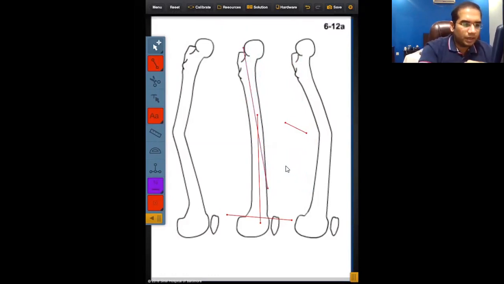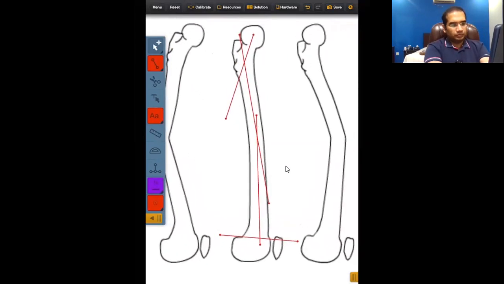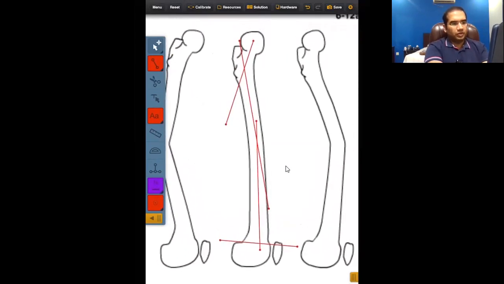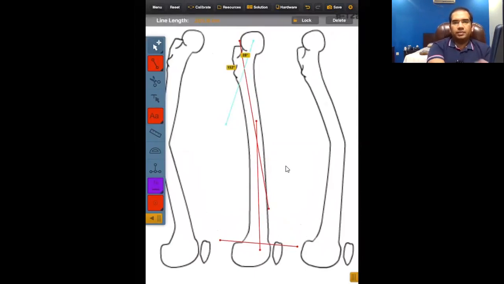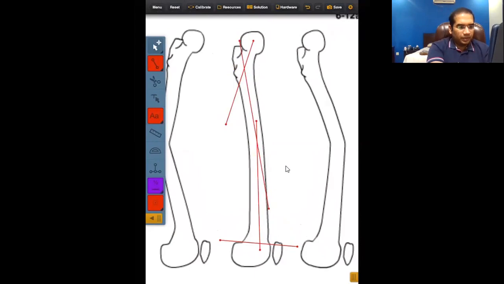Okay, and now again you'll draw your neck shaft angle. Okay, so this is your normal planning. There you go. So all the angles that you need to know here is the anatomical anterior neck shaft angle, then the mid diaphyseal angle, which is 8 degrees over here,